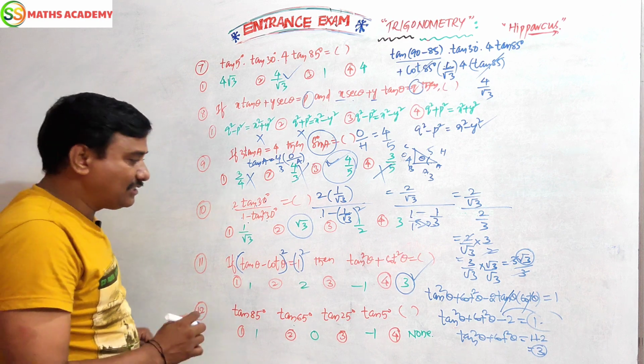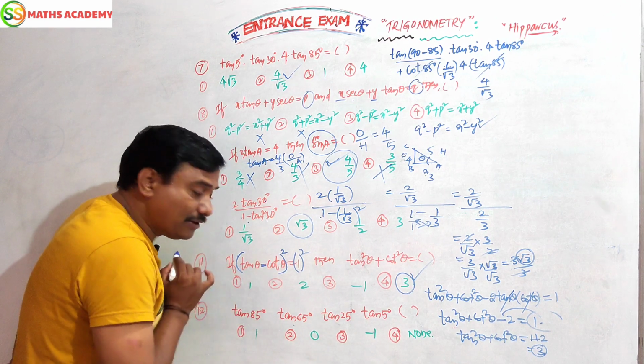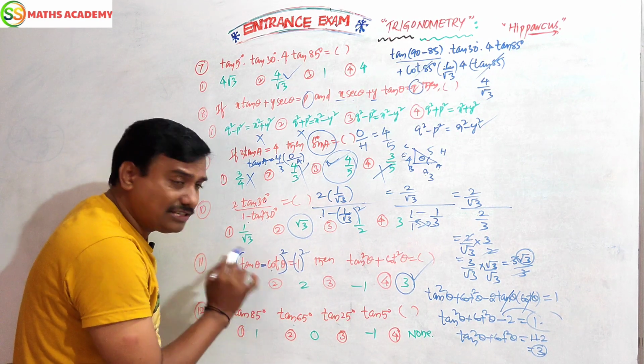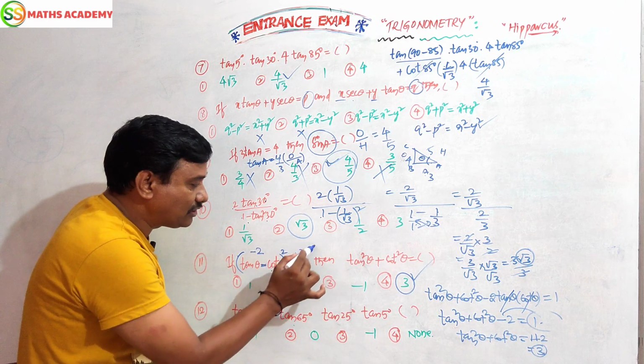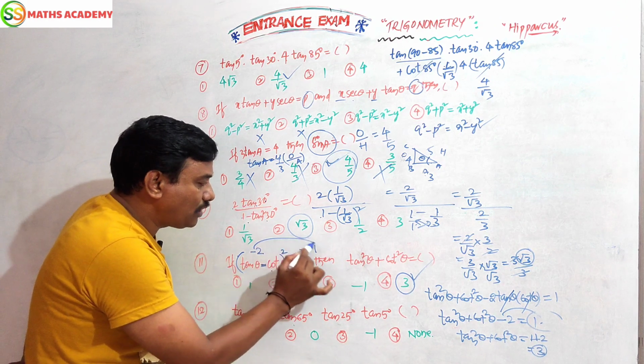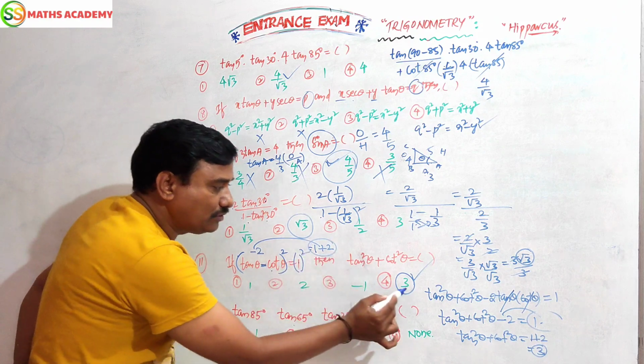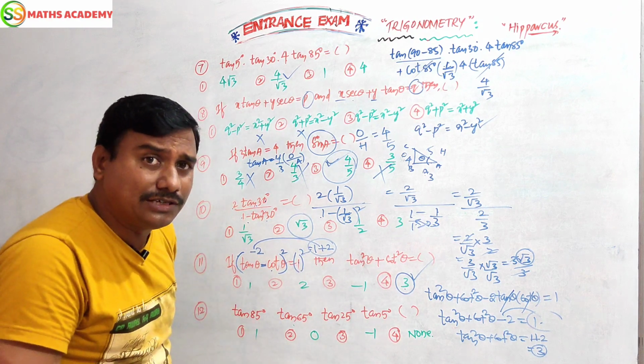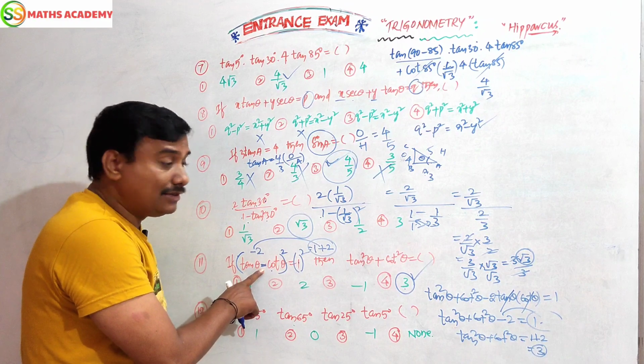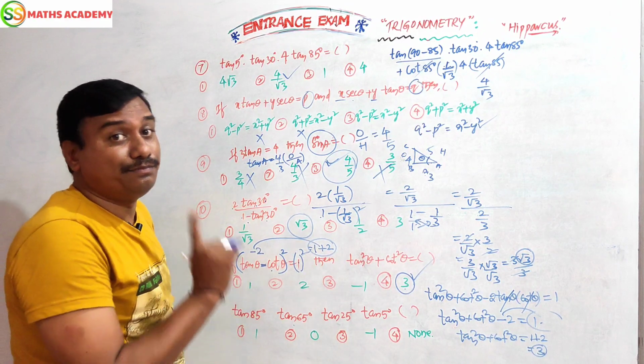But how would I know the direct answer? Simple. Here minus will be there. Tan and cot cancel. Here is minus 2, and here is 1 square, which is 1. Minus 2 comes outside as plus 2, so 1 plus 2 is 3. Like that also you can do it. Suppose plus were there instead, then minus 1 is the answer.